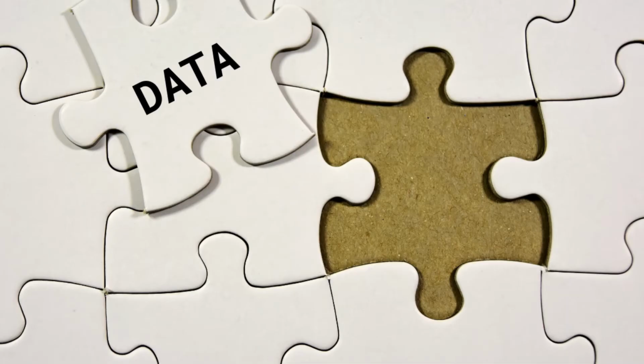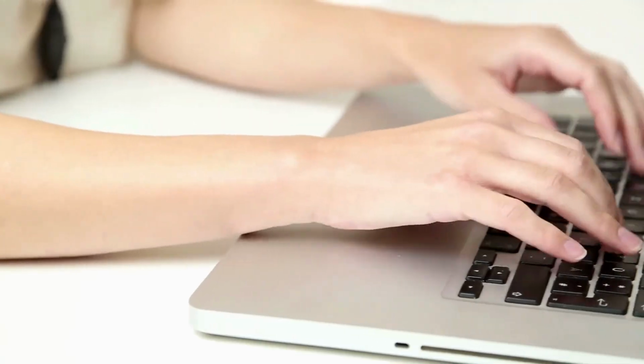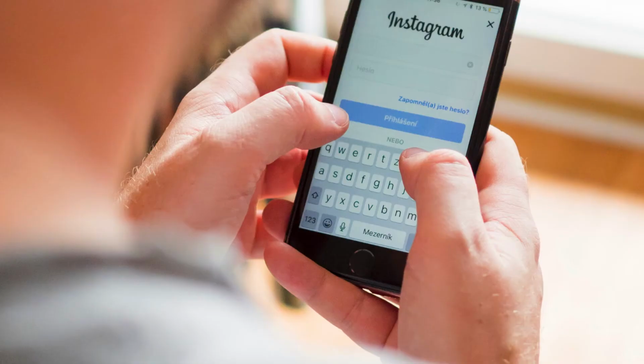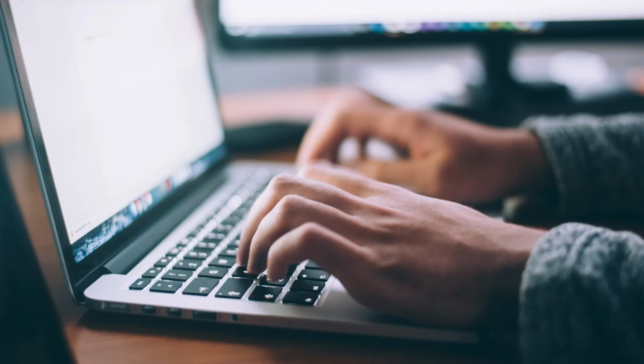So what are cookies exactly? I'll cover this very briefly just to give you some background about what they are, how they're used, and why they're important for you if you own a website. Cookies are small pieces of data that are created when you visit a website and are then stored in your web browser. They act like memory and save you time by remembering things like search history, account login details, browsing preferences, among other things. They are an essential part of the web and improve the whole online web browsing experience.